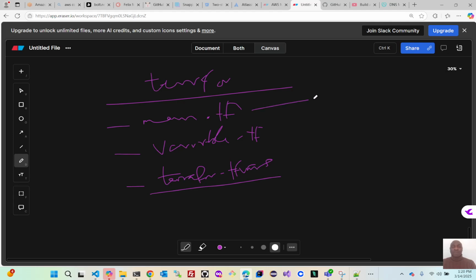You have created the main file, which is going to contain your resources. You have created a variable file that will provide the variables that your resources need. Now, these variables need values. The values of these variables are stored in the terraform.tfvars file. So if you provide a default value, then Terraform will not go into the tfvars file. But any value you provide in the tfvars file will be assumed by Terraform as what you want to use. Okay, so I'm going to go back to